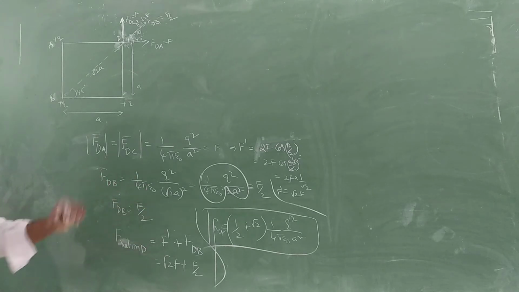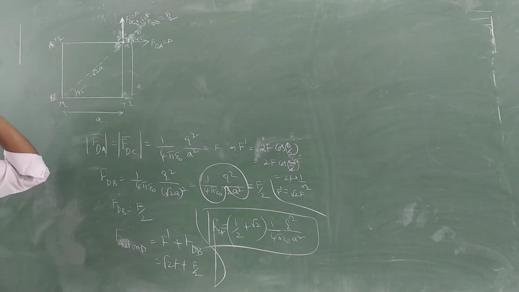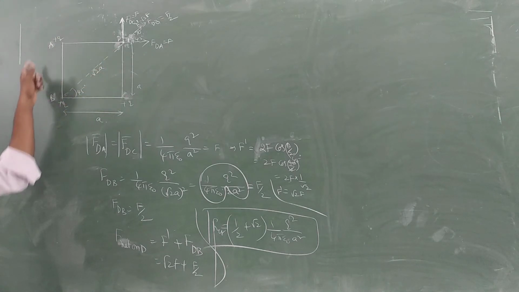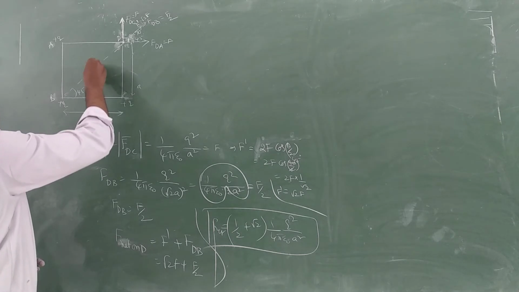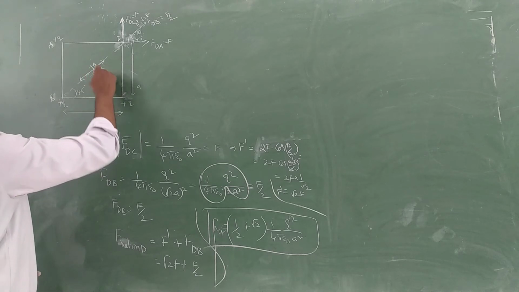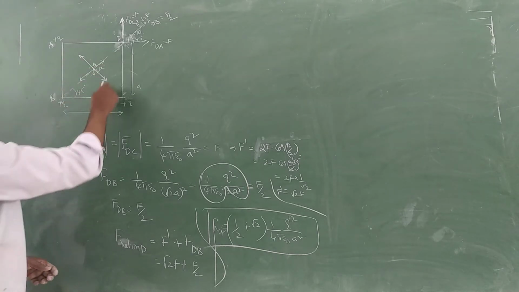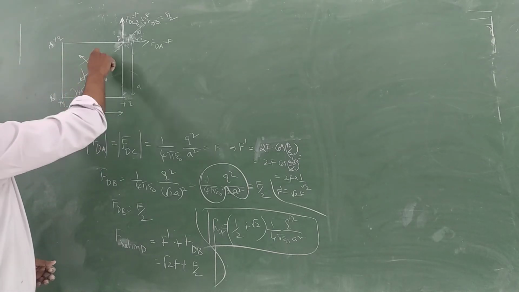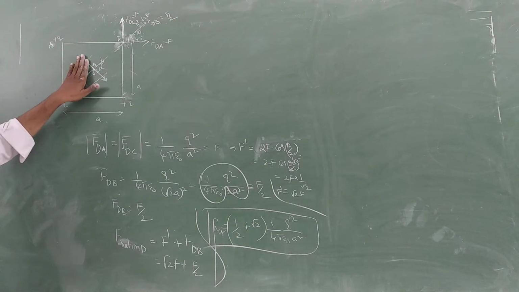Suppose, one minute. Suppose I place at the center of this square any one charge, then what is the net force? 0. Because all charges are equal with equal separation, they are all going in opposite directions. If I place plus Q here, this will push in this way, this will push in this way, and this will pull in this way. This and this get cancelled, equal magnitude. This and this get cancelled, so F net will become 0. If you place it at the center, that condition also holds.